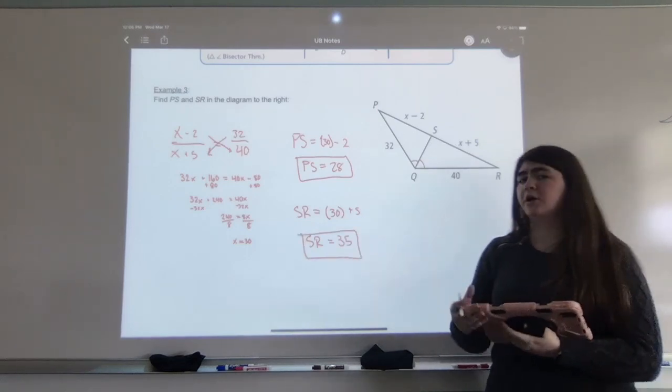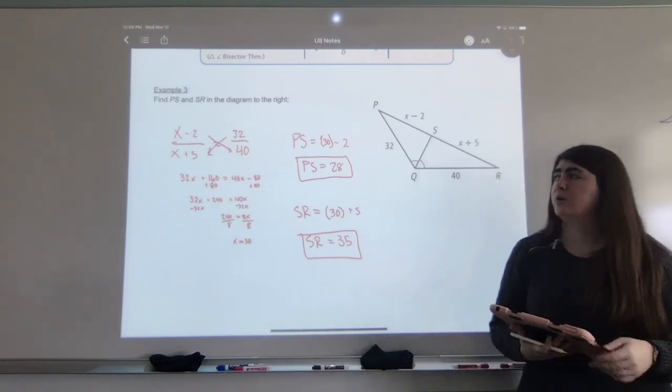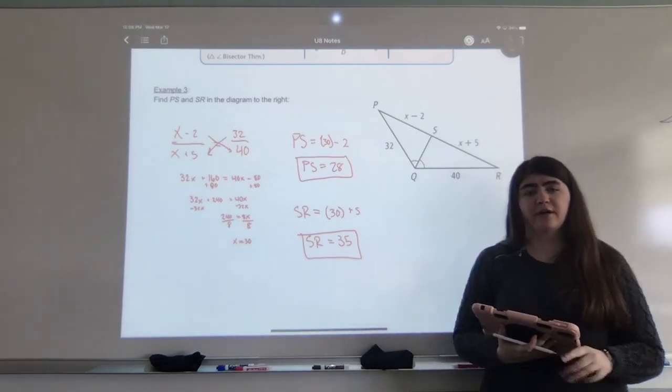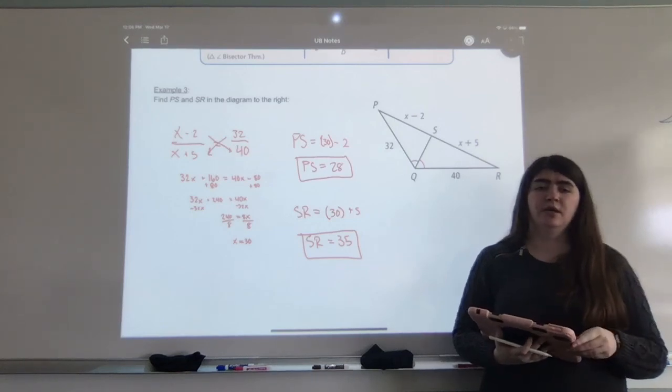All right, that is where we are going to stop for today. We will pick back up with section 4, which is going to cover a little bit more about ratios using area and